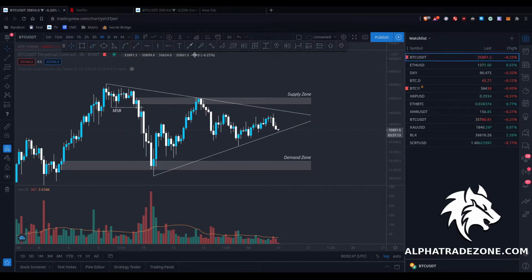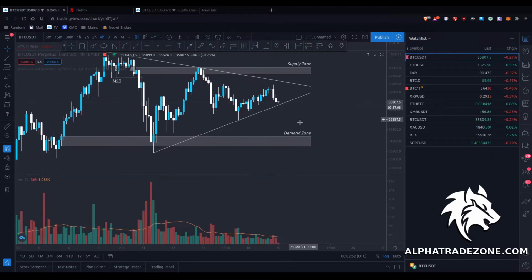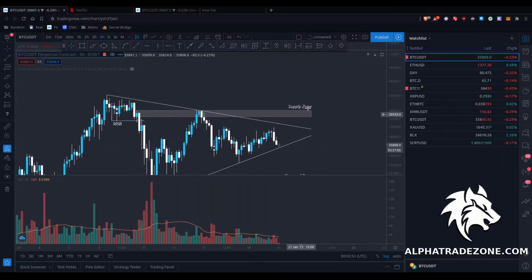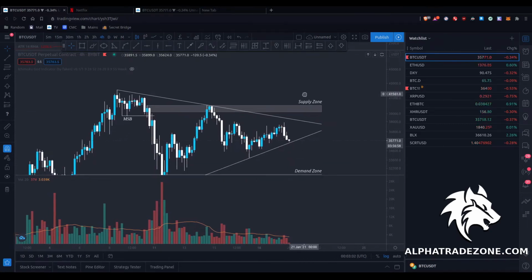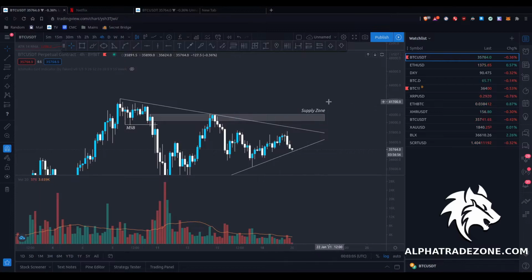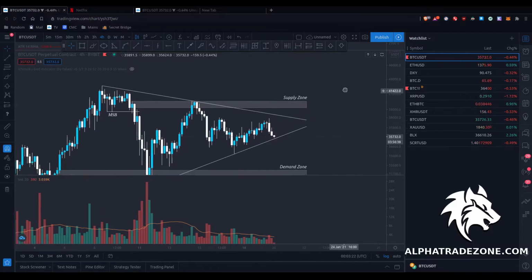Now, what I mean by validation is it needs a lot of volume, it needs to retest, and it needs to break either this demand zone or supply zone with valid candles. Now, for it to be valid and for us to say that it will achieve more upside, you'd have to achieve the top of this supply zone plus ATR, or that's just how I would do it. I mean, it just has to be confirmed that this is a good zone to enter, and same with this